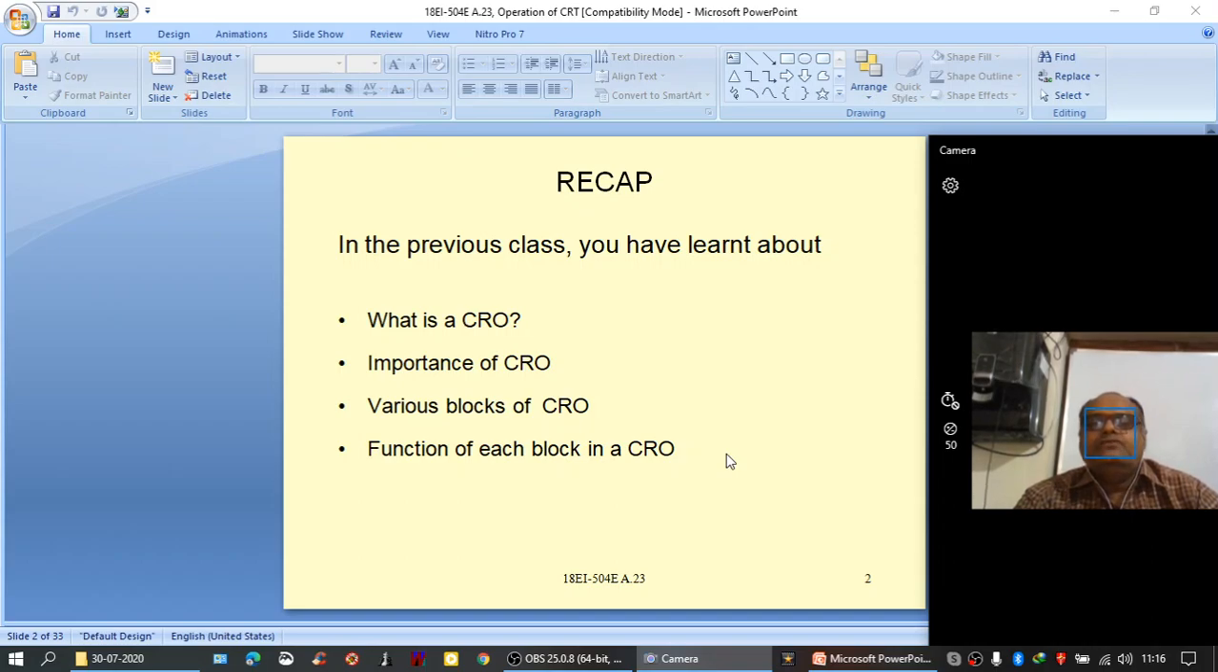So basically CRO is a measuring instrument which can give the visual display of the voltage signals applied to it, and CRO can be used for the measurement of both AC voltages, currents, then frequency of an unknown signal, time period, phase angle, pulse width, pulse duration,